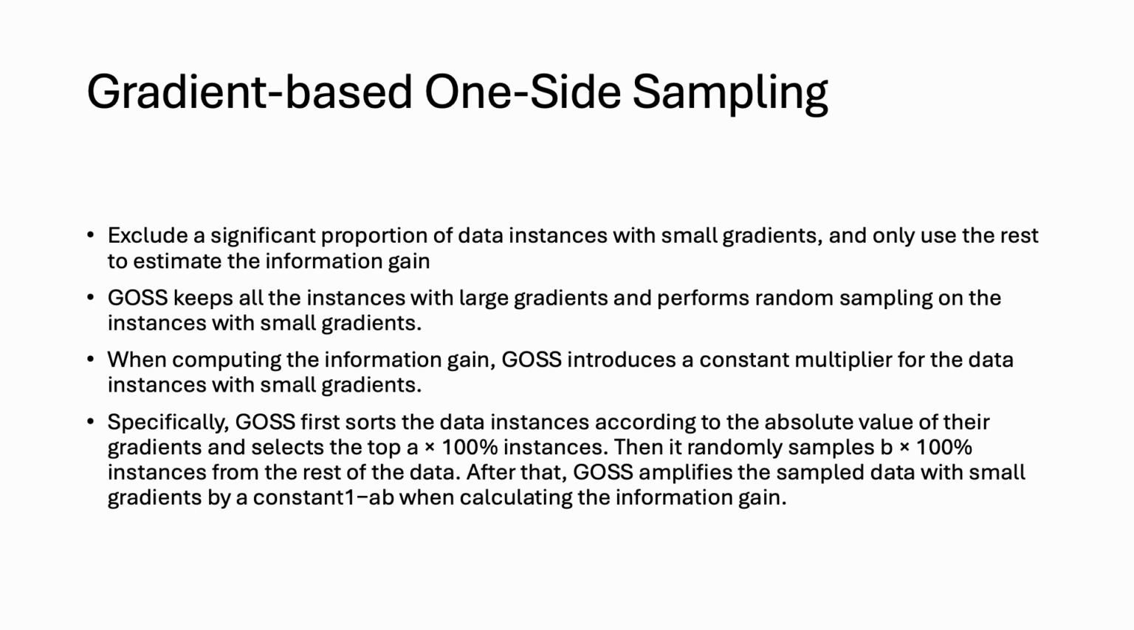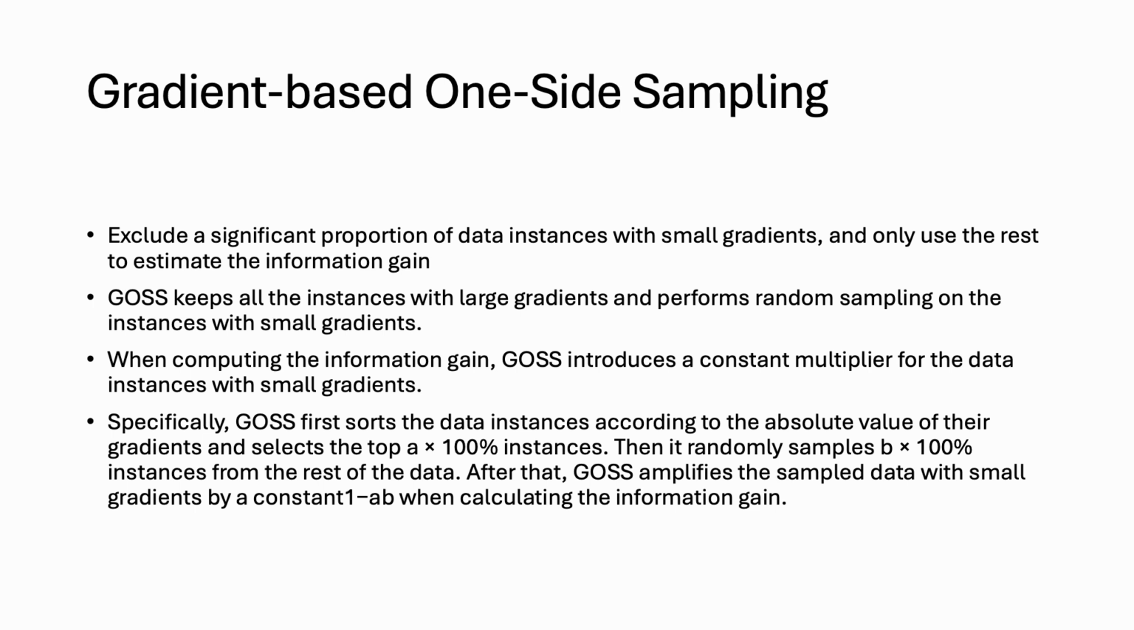It will keep all the instances with large gradients and perform random sampling on the instances with small gradients. In order to compensate for the influence on the data distribution, when computing information gain, it introduces a constant multiplier for the data instances with small gradients. Specifically,